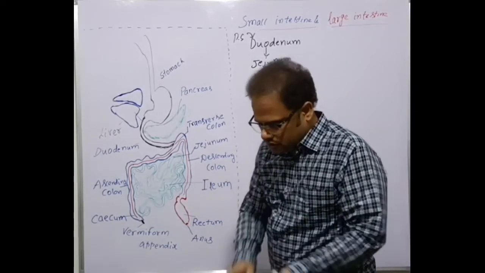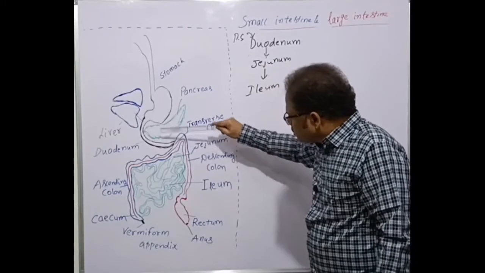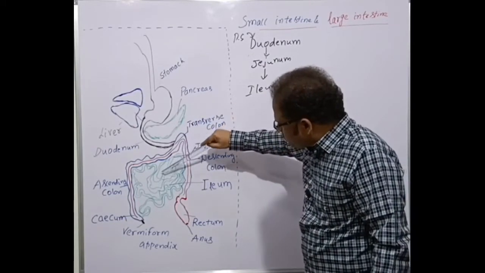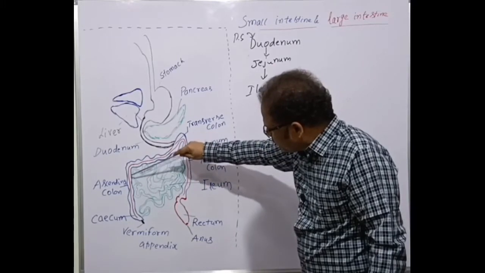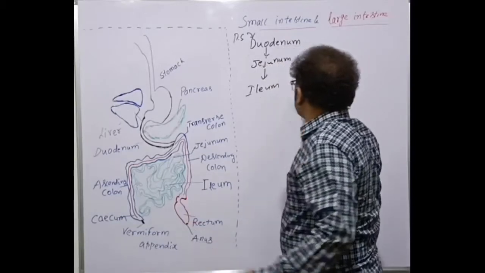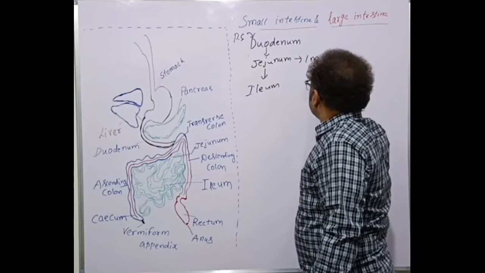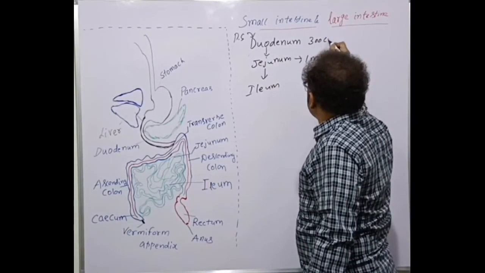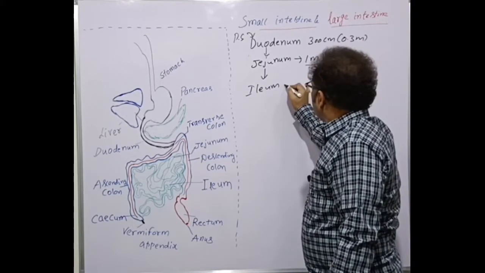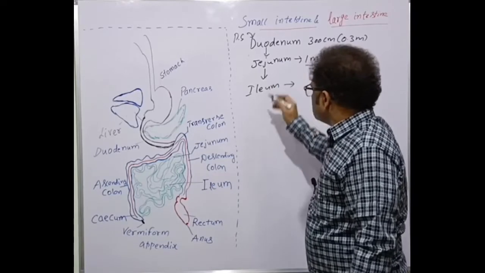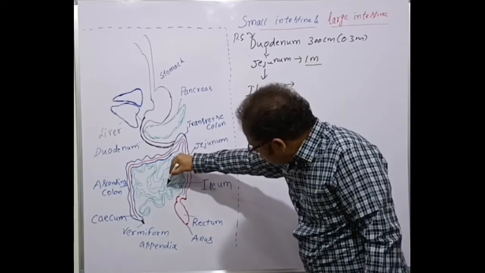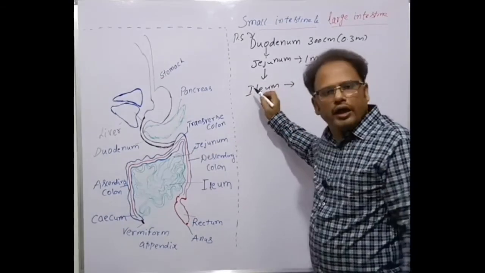See here, this is the jejunum. So the duodenum continues behind as the jejunum. This green structure which I have drawn here is the jejunum. This highly coiled structure is almost 1 meter. This is 0.3 meters, and this is 1 meter. A long coiled structure is the jejunum, and the jejunum is followed by the ileum. See here, this is the ileum, immediately following. Clear, students?